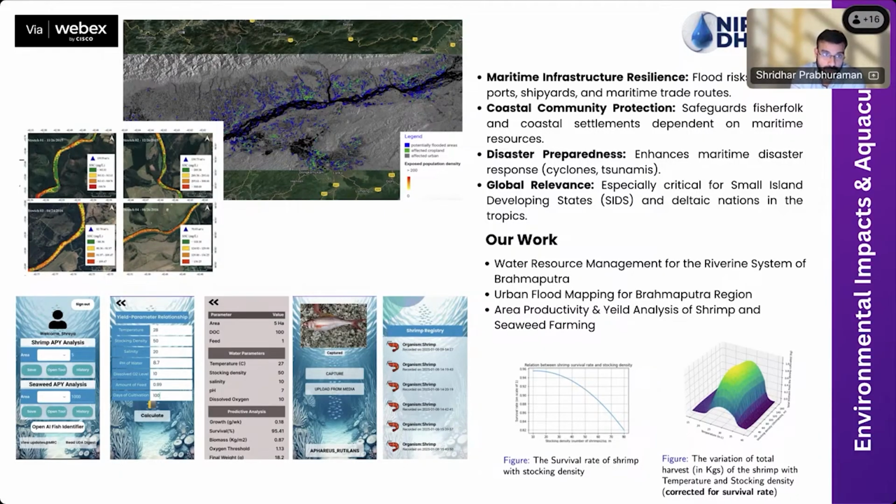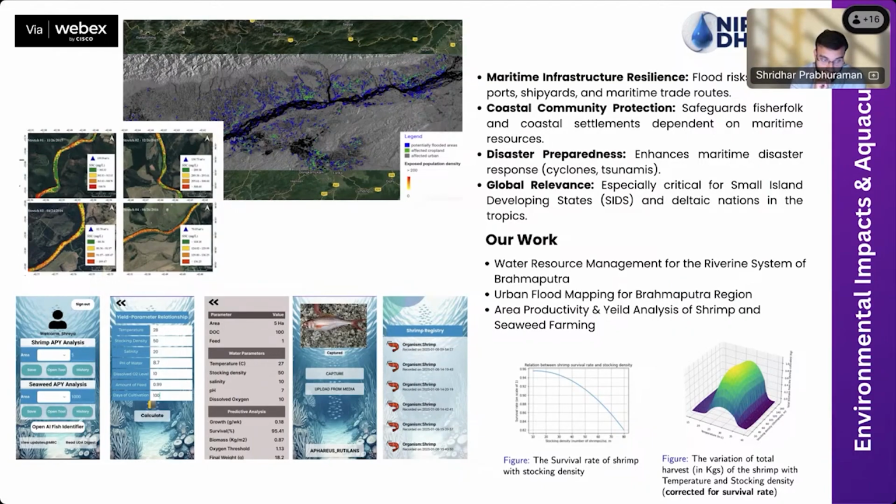Environmental impact and aquaculture. Environmental impact, more so from the perspective of urban flood mapping, is something we're integrating into the MSP tool. Again, it involves hydrodynamic modeling using the digital elevation model, the rainfall data, the drainage system in the region, and so on and so forth. That allows us to create such simulations, which allow us to identify what regions are potentially going to be flooded, which of those regions are affected cropland, and which are affected urban regions. This is extremely crucial from a risk management perspective.